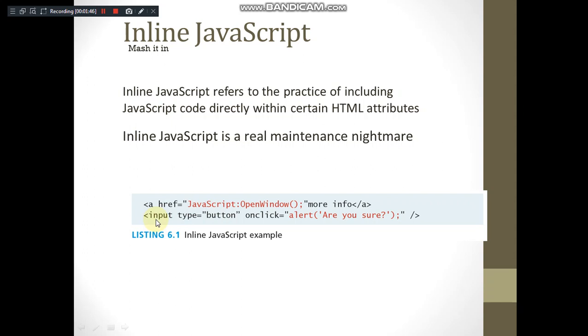So you know that input is an HTML tag. Inside this, only as an attribute value, the source code of JavaScript is included. So hence the name for this is inline. I hope you remember we have studied inline style sheets where the style rule is specified as a part of the value of a particular attribute. In the same way here the JavaScript code is specified as a value of a particular attribute, that is onclick with the HTML element input. So hence the name for this is inline.